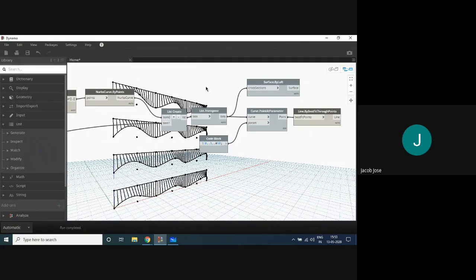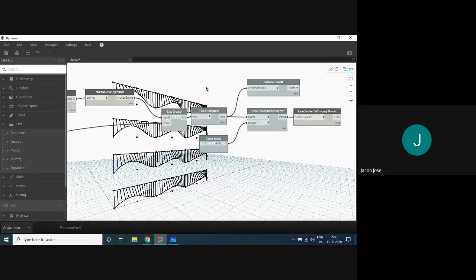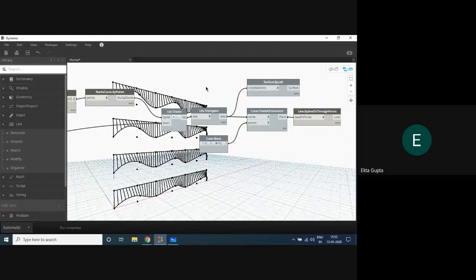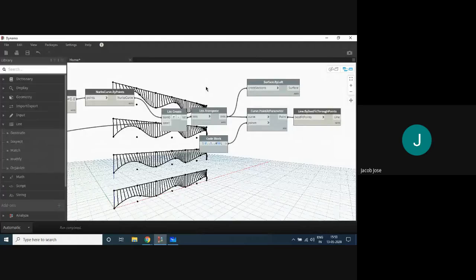Sir, let us start with what we have done till now in Dynamo, then we will take it further. Yes, we need to shift to manipulating. We need to practice a little with Dynamo. You need to practice a lot more. Commands, recalling all of them and understanding the whole thing, we need a little more time, I think.